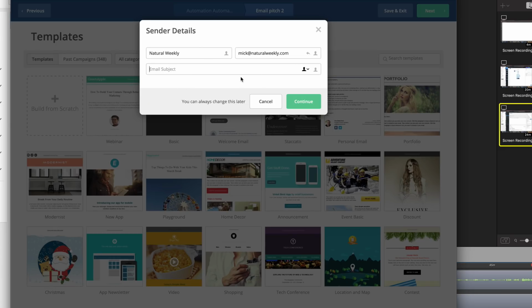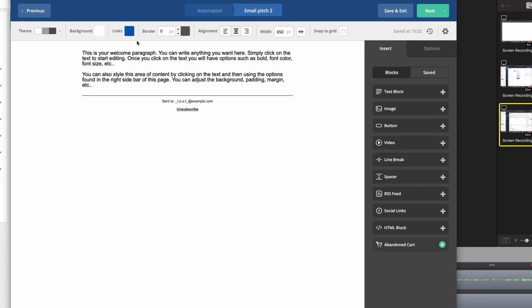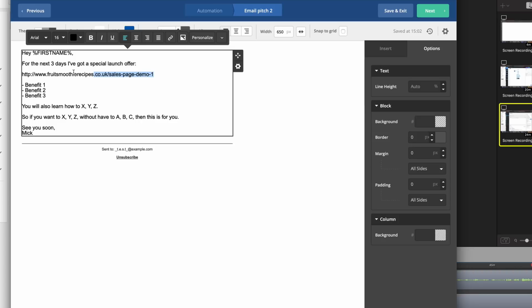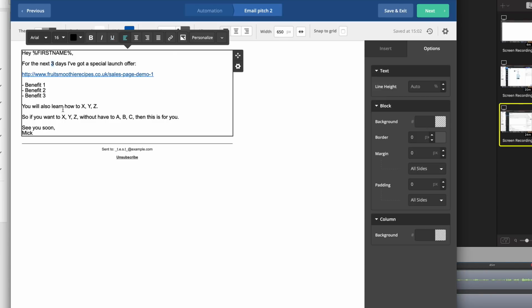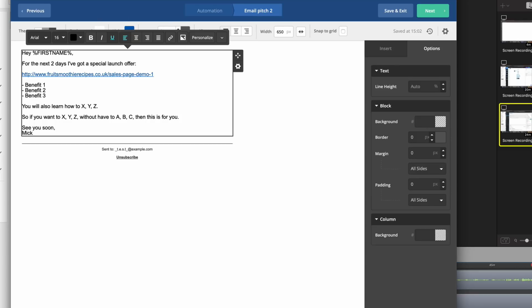So use basic design and then a strong subject title. Paste in what we've got previously from pitch 1 because it's got that vital link there. Grab that, turn it into a proper link. And then for the next 2 days, if we have a look at where we're at the moment, we're here, day 6. So we say